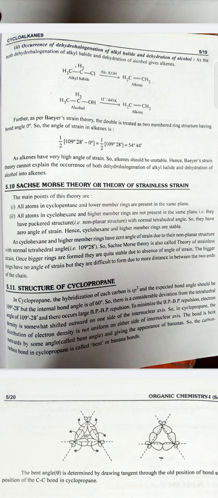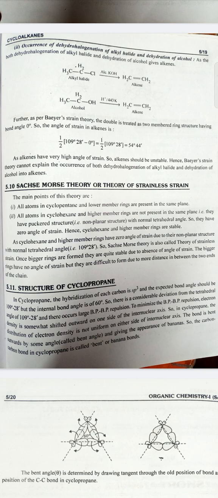Structure of cyclopropane. In cyclopropane, the hybridization of each carbon is sp3 and the expected bond angle should be 109 degrees 28 minutes, but the internal bond angle is 60 degrees, so there is considerable deviation from the tetrahedral angle of 109 degrees 28 minutes, and there occurs large bond pair repulsion. To minimize the bond pair repulsion, electron density is somewhat shifted outwards on one side of the